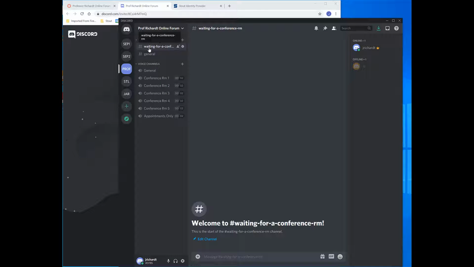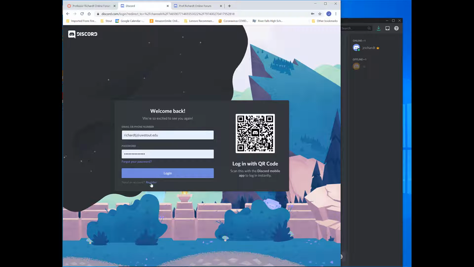Now it goes ahead and opens up Discord. If you already have an account on Discord, it will bring you right to my server, and you will be added as a user on my server. If you do not have a Discord account yet, it will give you an opportunity to create a Discord account. So if you're a new user, you'll have to choose register,